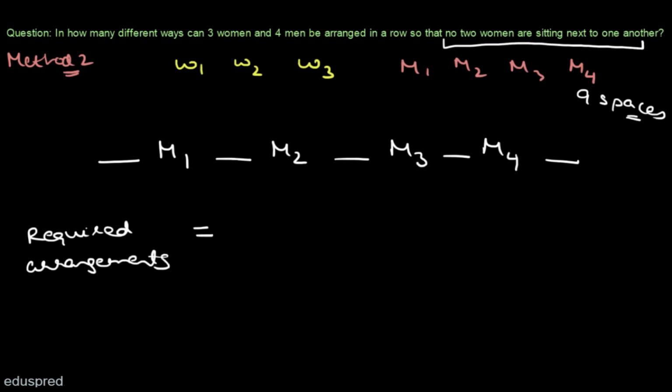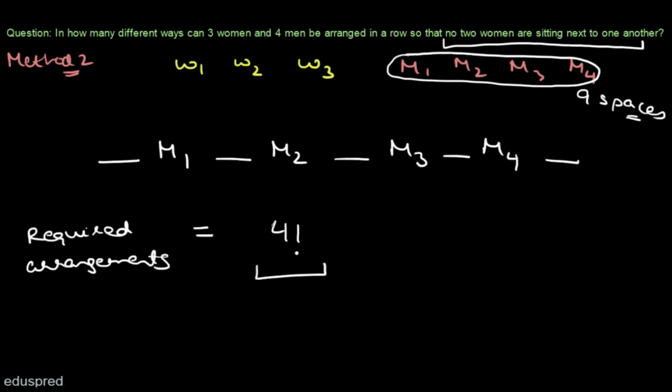So till now, we know that we don't have any kind of condition on these 4 men. So first of all we have put down these 4 men here in this manner. Now note that these 4 men can arrange among themselves in 4 factorial ways. So there are 4 factorial ways in which we can arrange these men. And now let's talk about the number of ways in which we can arrange the women. So we have 4 factorial here. This is for men. And now let's put some space here for women.